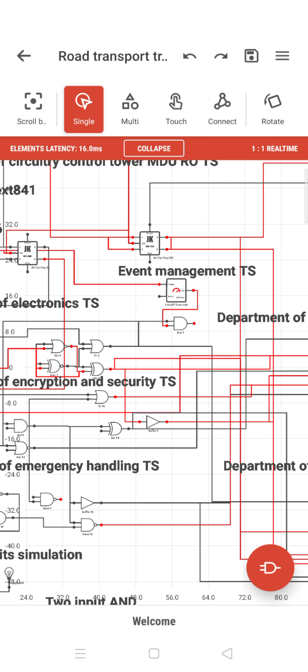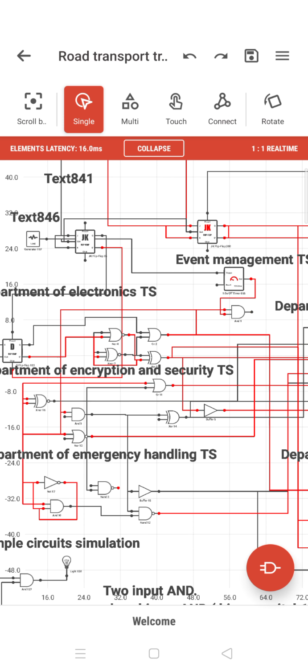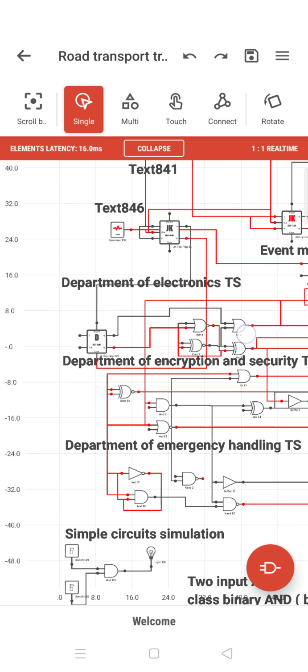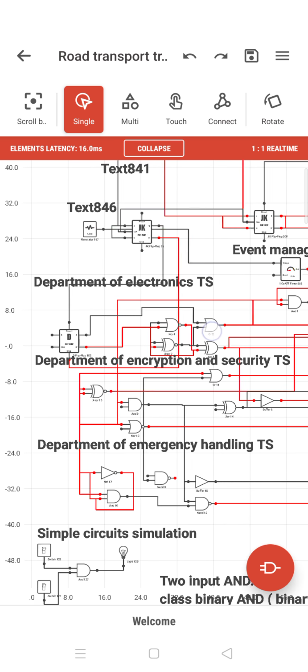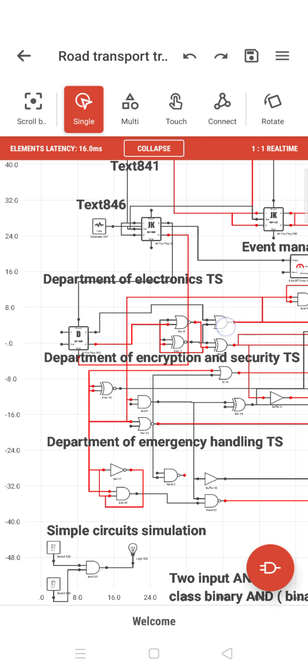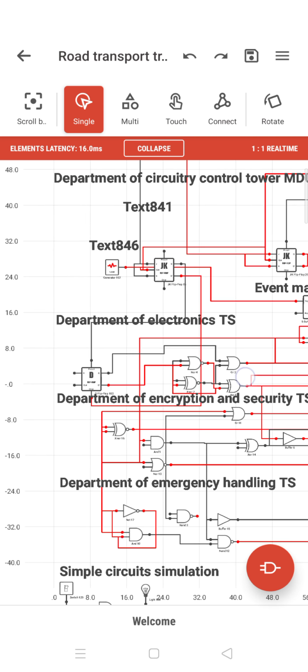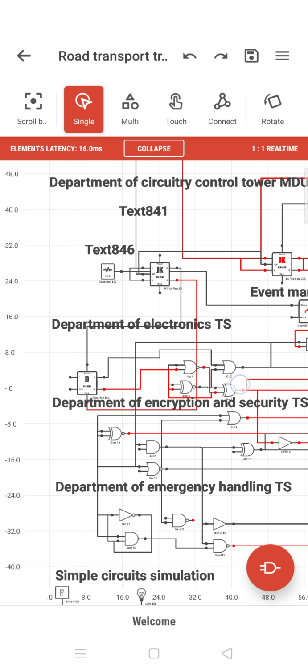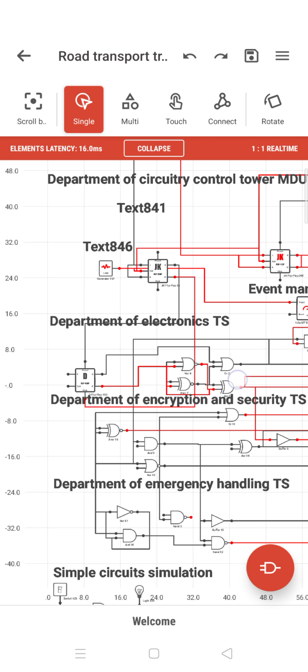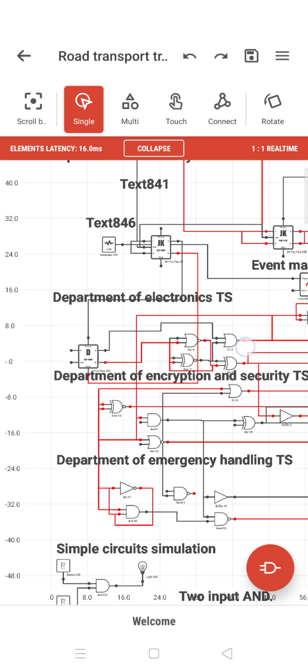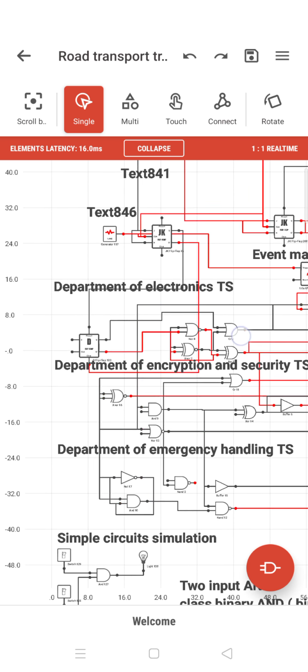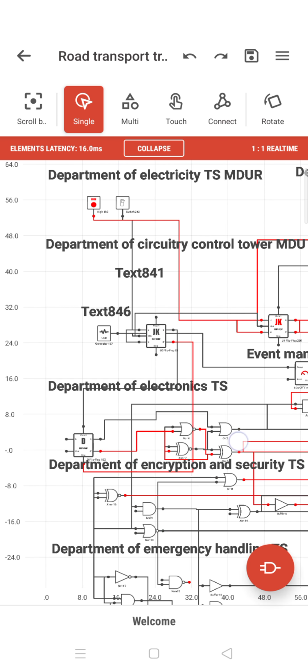Then you have an event management. If you have any road breakage or traffic or flooding or something like that, that is a kind of event. An accident, or something where you want to reroute the traffic, those kinds of things can be done by this chip. So this is the chip which does all these things for you, because you don't have any control. Every time you cannot go ask the people, oh, why is the traffic okay there, okay here, and then do all the things. So for emergency purposes and other things, each department is given a chip and you can do all the work.